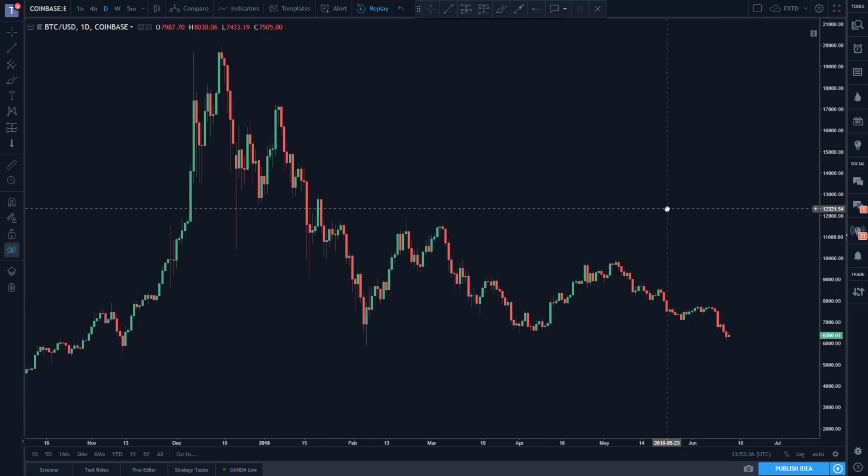So here's the Bitcoin chart. It's very simple. It's just tuned down. I do usually add the volume indicator, but it's not on there now. You can add that. It is useful information. But when we look at the chart, before we make any decisions to trade, we should look at the chart bare bones. If you want to add indicators, add them after you've already made a decision on where to trade